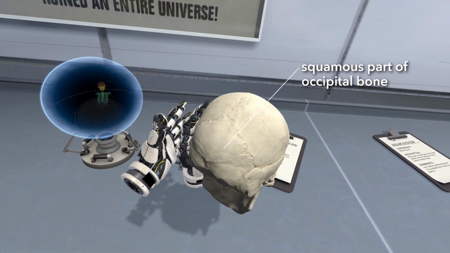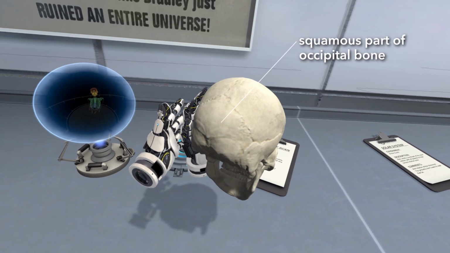Now I say that the occipital bone is a flat bone, and that flat posterior part, I say flat, of course it's curving because it's making the curve shape of the cranial cavity, but it's a flat bone, not like a long bone. So that flat part of the occipital bone is the squamous part, and that's a common term, isn't it? Because the temporal bone has also got squamous parts. So squame is a flat, a squamous cell is a flat cell. So the flat part of the occipital bone is the squamous part,